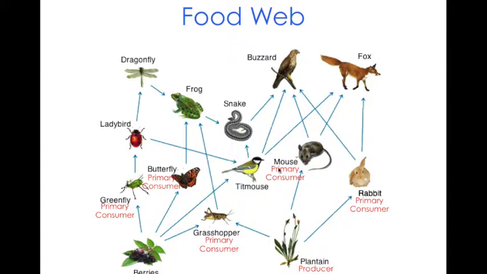Now, the titmouse is also a primary consumer, but we'll come back to that in just a second. Okay, the secondary consumer is the ladybird, and it is the only one that is just a secondary consumer. You can see that there are a few others as well. Once again, the frog is a secondary consumer, and so is the fox and the buzzard. But we'll come back to that. The dragonfly is the only tertiary one,